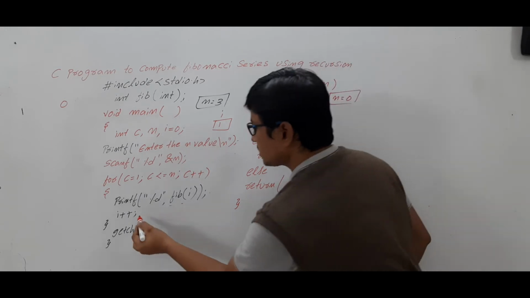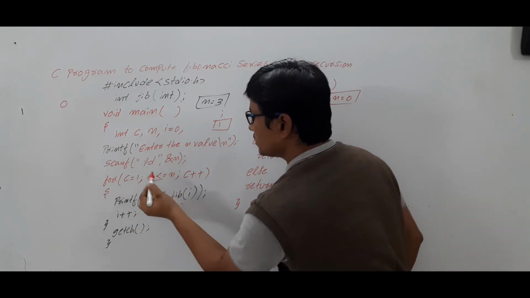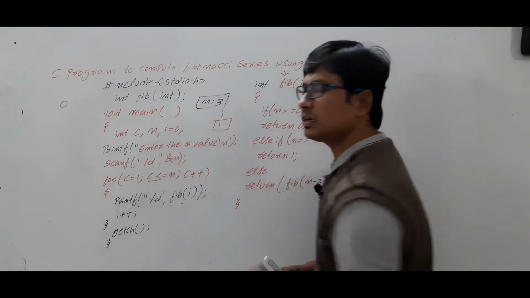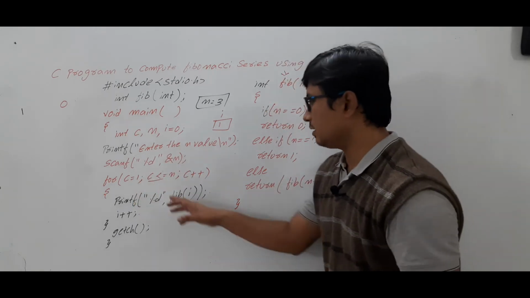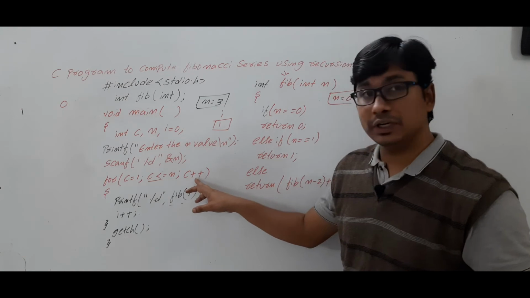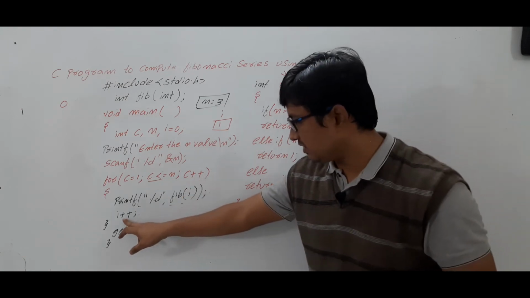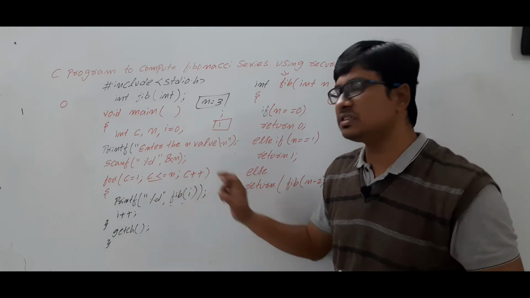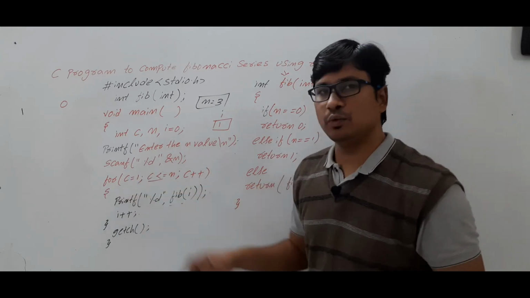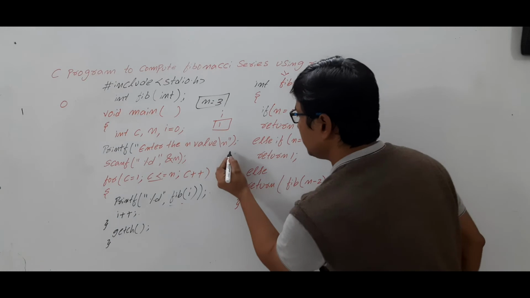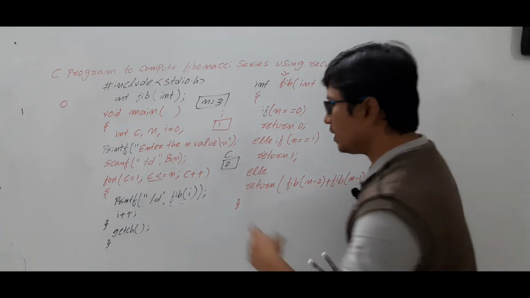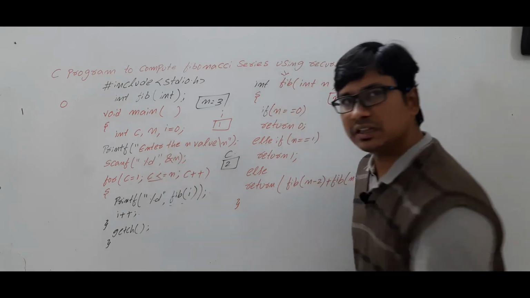Now once this is completed, you will come back again to check the condition. Am I right? What is the condition? C less than or equal to n. Before condition checking, what will you do? I also forgot this point. After performing this task, you need to update the C value. What is the C value? Previously 1. Now you are incrementing by 1. C value will be updated to 2. Once this is done, you will come and check the condition.